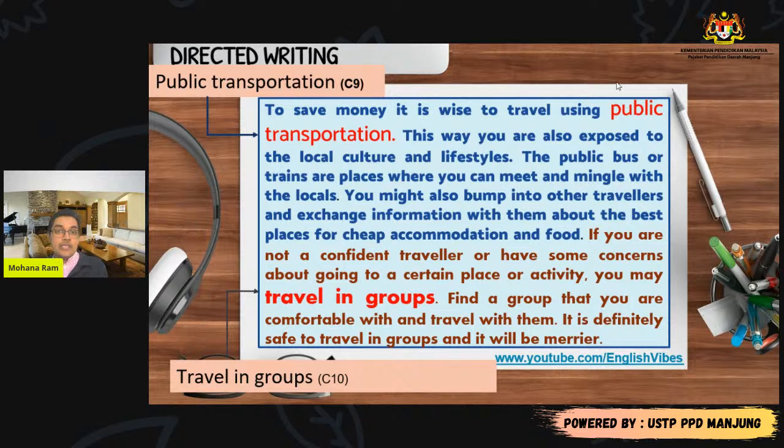Okay, we have already elaborated 10 points. Now we need to go to our own points. So do you remember what are the two own points that we need to elaborate? It would be about health tips when you are traveling. You have to give two health tips when you are traveling.